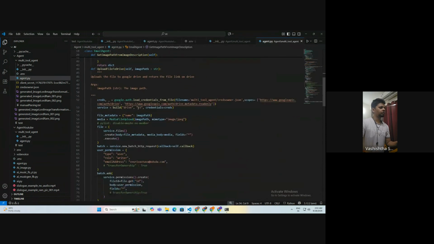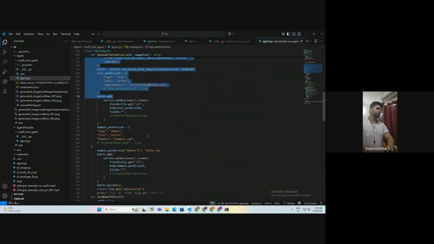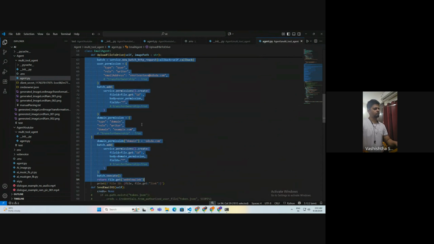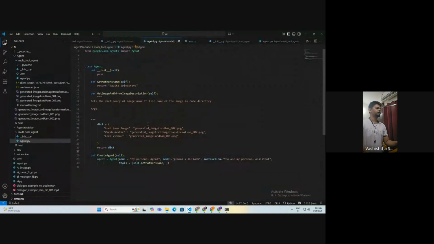And from here, I'm going to copy this function as well, which uploads my file to the drive.